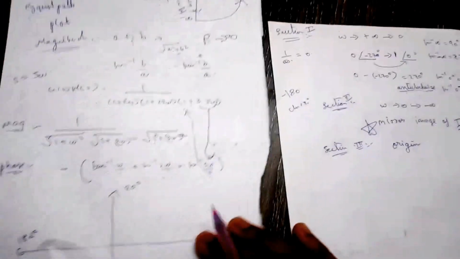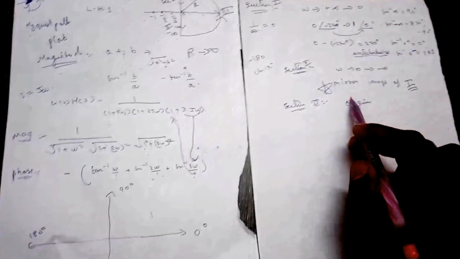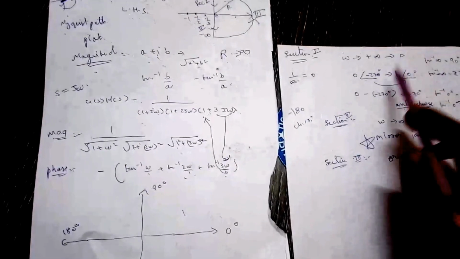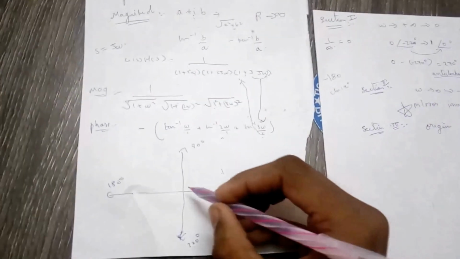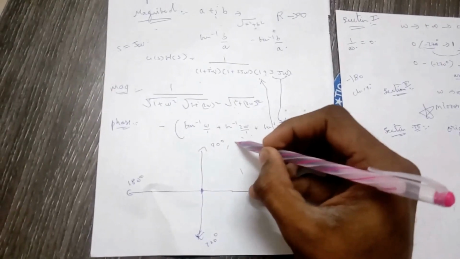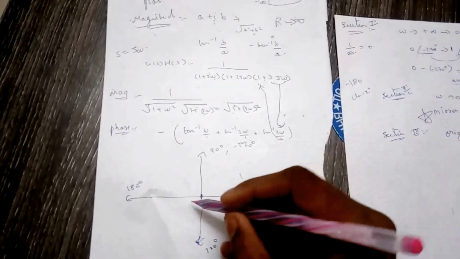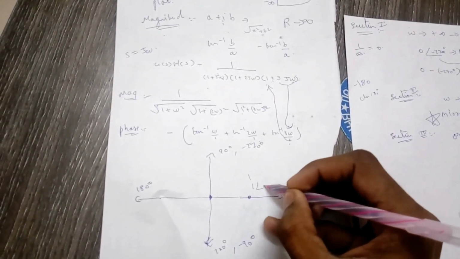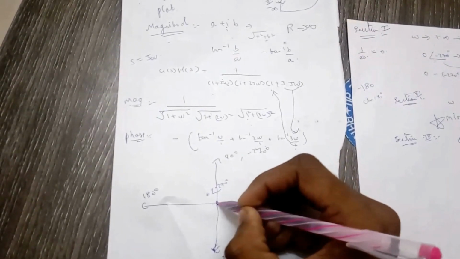Now what we are left with is plotting the mapping of the sections onto the Nyquist plot. Considering section 1, we have magnitude 0 at an angle of minus 270 degrees to magnitude 1 at an angle of 0 degrees. Minus 270 degrees can be written as 90 degrees. So 0 at an angle of minus 270 degrees will be here, and 1 at an angle of 0 degrees will be somewhere here. Let us suppose 1 at an angle of 0 degrees. 0 at an angle of minus 270 degrees is this point.